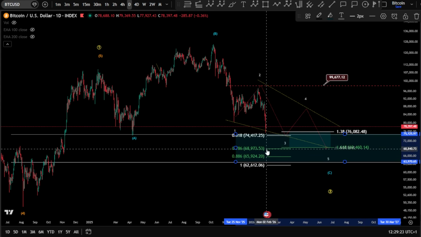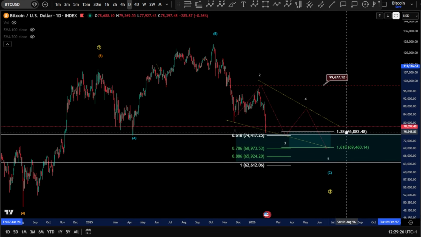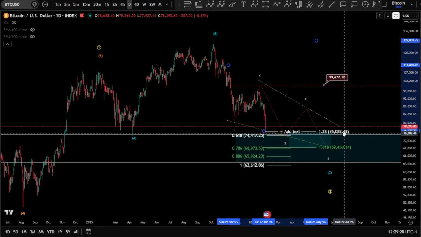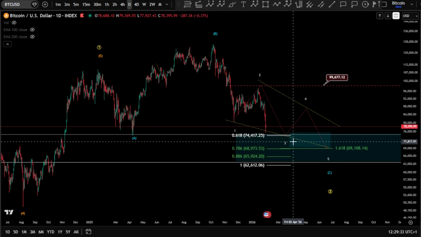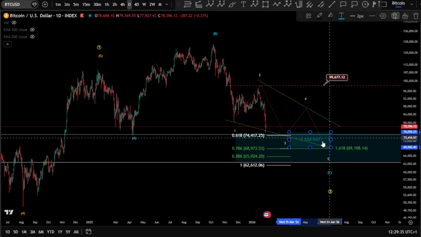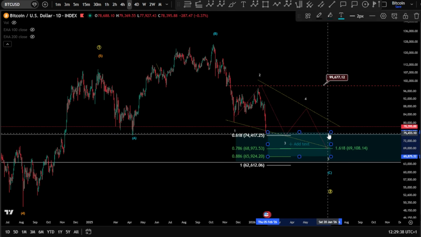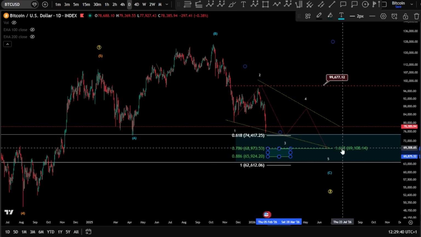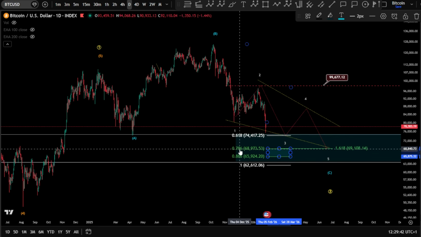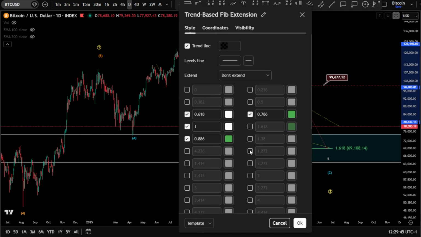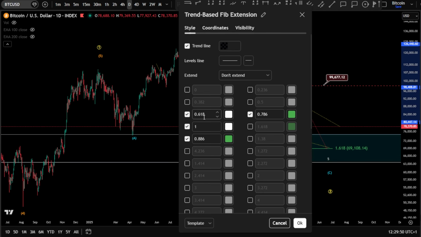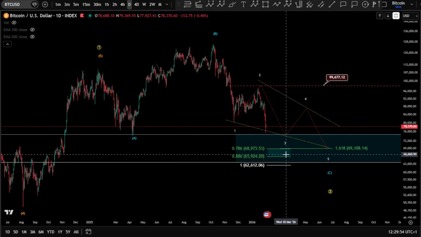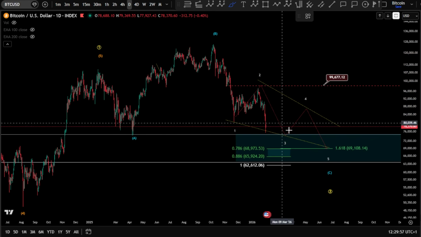Since this is becoming more aggressive, and since we have already hit the 1.38 uncommon target and are still looking potentially for lower, the confluence is now becoming much, much bigger. The confluence in the target is between the 1.618 and this 0.786 at 68k that we might reach for Bitcoin. I believe the 0.618 can be a possibility, but this is in confluence, so it's a very, very strong target, I would say.